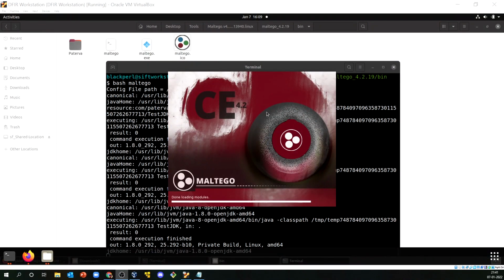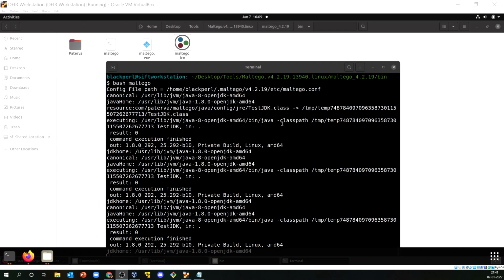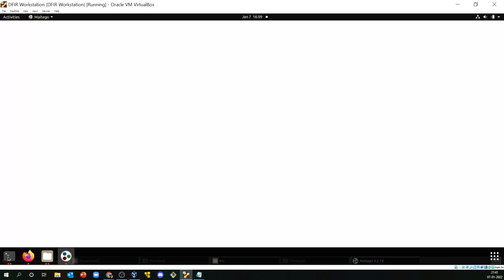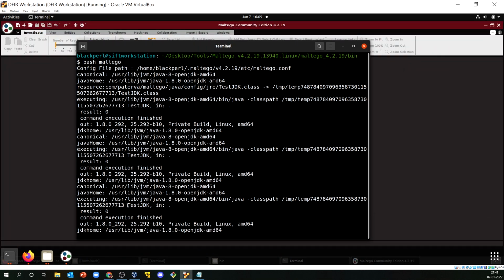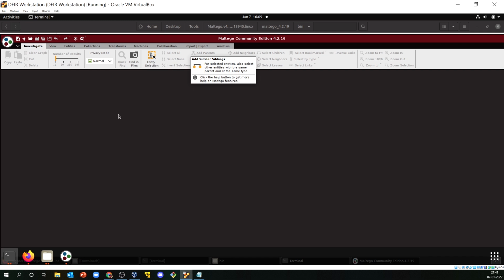But after that is done, you will see this popping up and coming onto your screen. You can keep minimizing this terminal because you don't need it, but don't kill this session, because if you kill that, the web client that you are running on Maltego won't run. And one thing is very important: whenever you do a first installation and first use, Maltego will ask you to create your user account.